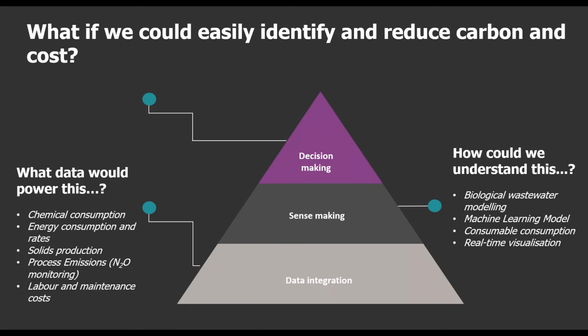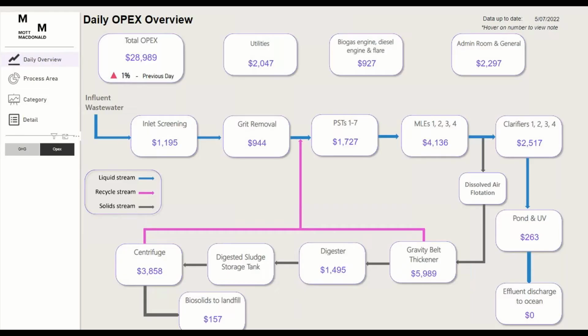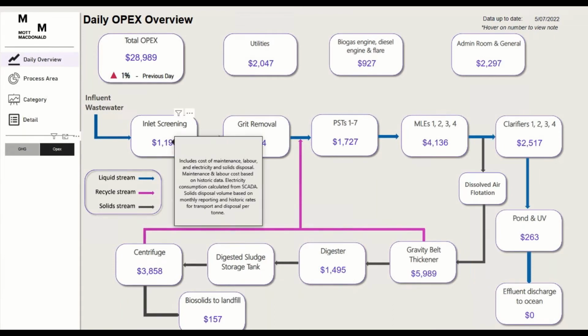And then we needed to look at the analytics that was going to be able to tell us this information. So that's when it came back down to the modeling aspect. If there was something we couldn't measure, we used calculations to do things like determine chemical consumption based on tank levels. And the outcome of it was essentially, this is the key deliverable that's being used at the moment, which is a dashboard that shows the operators or engineers